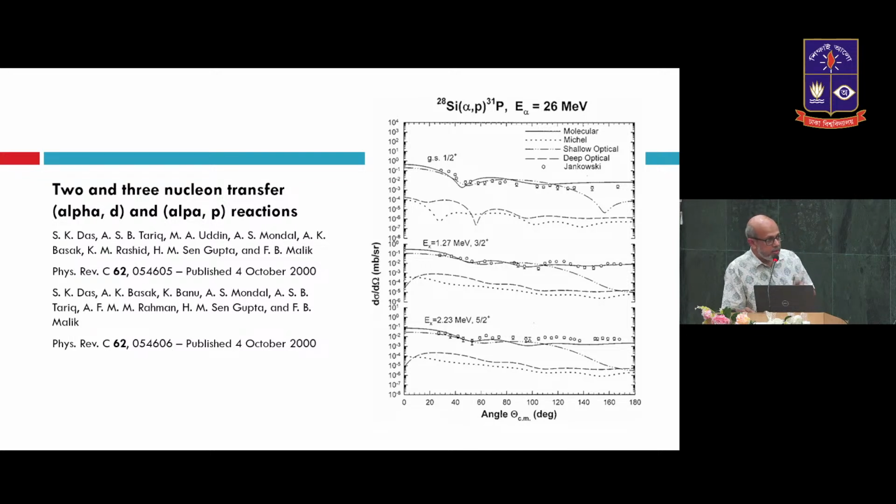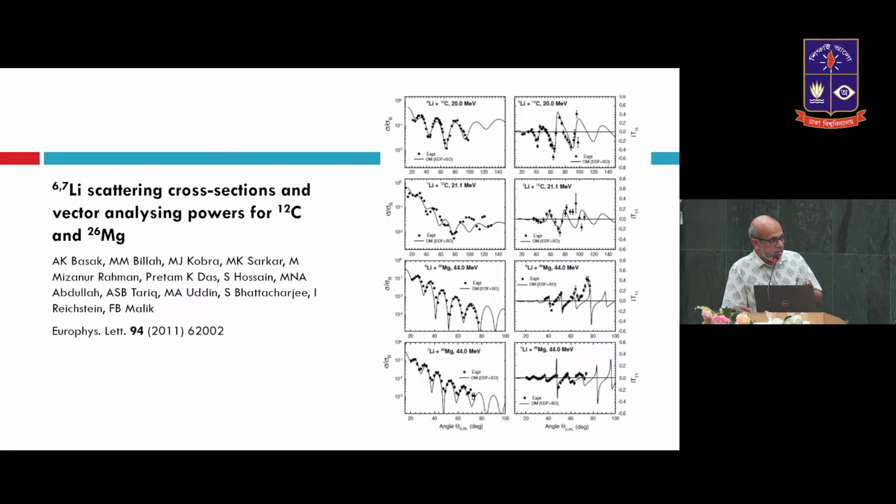And then there were other areas we started exploring. There was inelastic scattering. And then this was another area, polarization data. These are called vector analyzing and tensor analyzing powers. And if you compare this with the fits that exist in the literature, this is way better. So significantly better fits